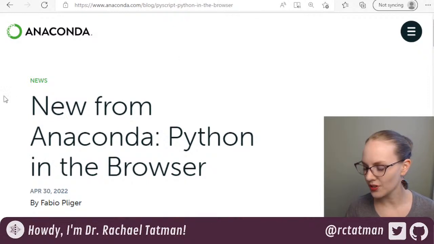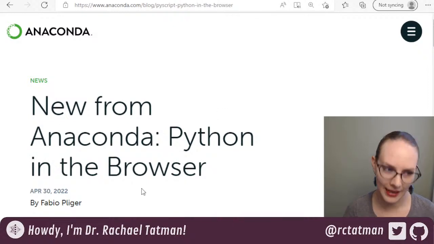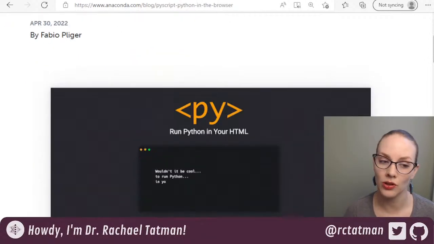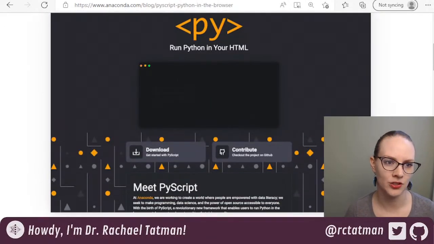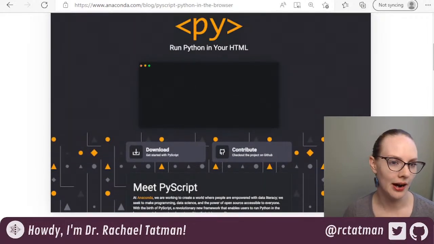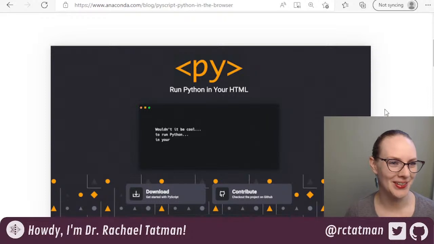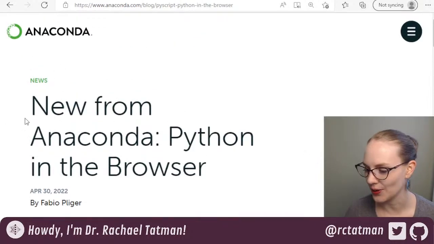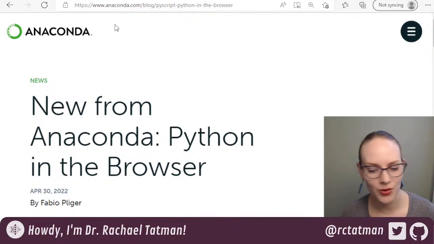So first up, and these are in no particular order besides generally category, from Anaconda, this was actually announced at PyCon. It's a new library, PyScript, that lets you run Python in your browser, and it is just flat HTML. So for those of you doing web development, this might be a cool tool to use. I'm sure it will also have its own unique security challenges, but cool thing. I really like the Anaconda folks, so interesting tool, may be helpful for some of you.